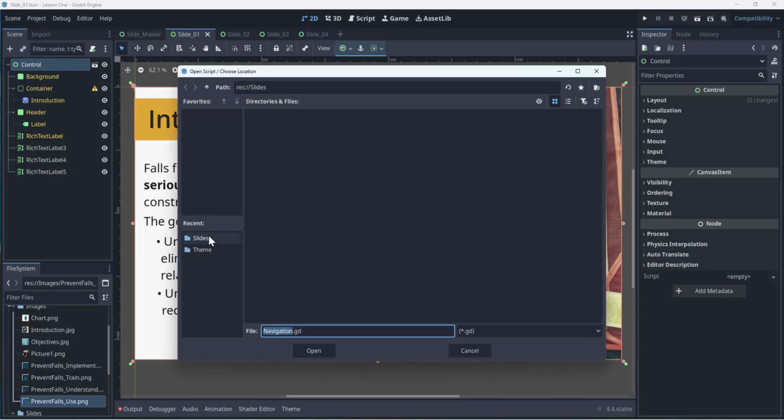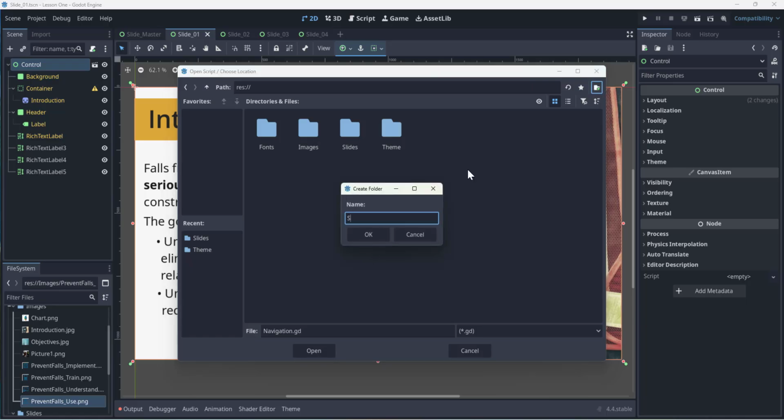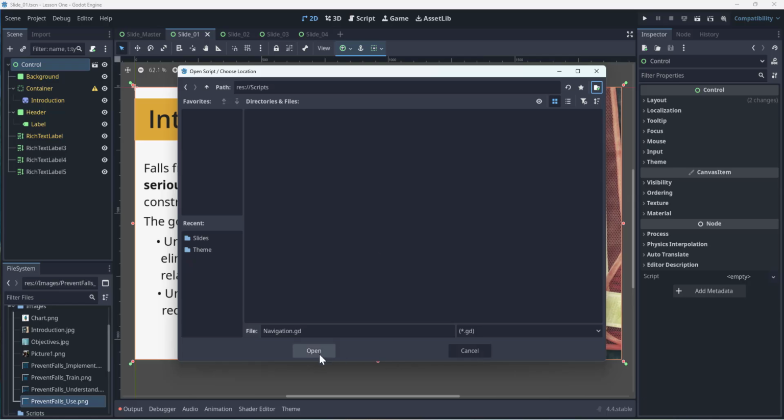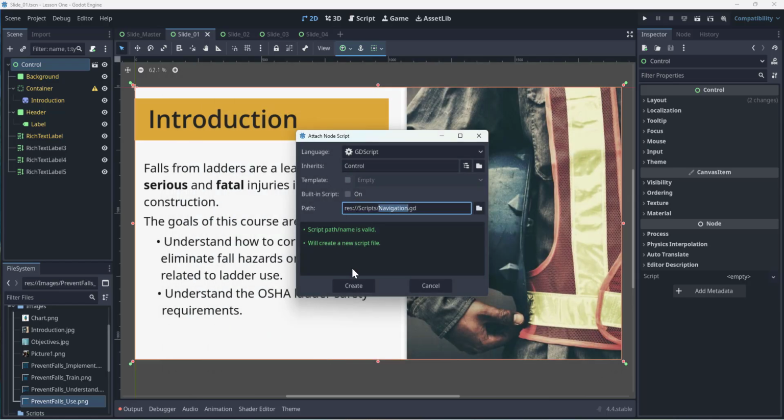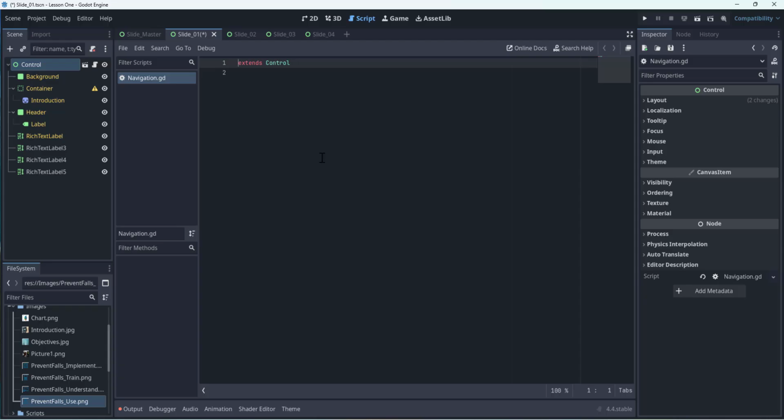And again, I like to organize my scripts, because we might end up creating quite a few. So just click on open, it will save it there, and click create, and there we go. So this is the script. Now you want to make sure it says extends control, because